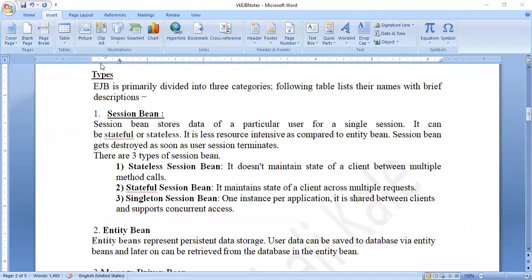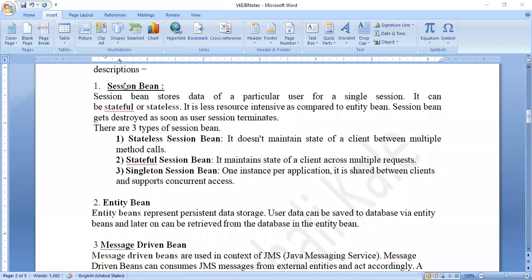What are the types? This is very important and it is part of your syllabus also. There are basically three types. Among those three, the first type is again divided into three types. What is that first type? It is called session based. All of you know what is meant by a session. For example, in today's Zoom class, we finished one session and now I have started another session. So session means session bean.